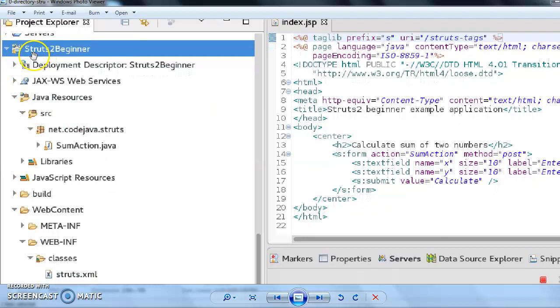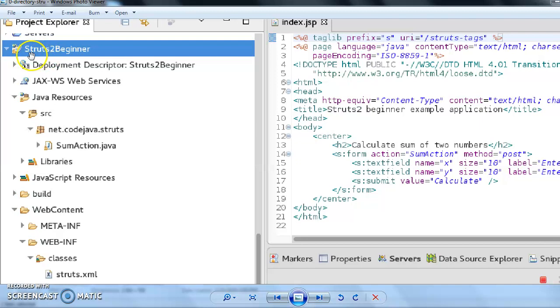Now this is the project name. All of us know how to start a new project in Eclipse IDE. Go to File, then New, click on Dynamic Web Project and give a name to that project.